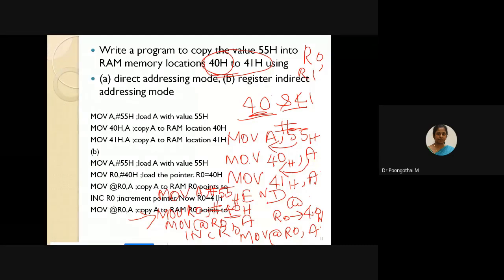Okay. So in this way, we can use different types of addressing mode for the same problem statement. Any addressing mode can be used, but please remember the number of memory locations, that is, your program memory size should be restricted, because your 8051 only accommodates 4 kilobytes of program code. So your memory size is restricted, and according to that, we have to choose our addressing modes. Okay, is that clear?